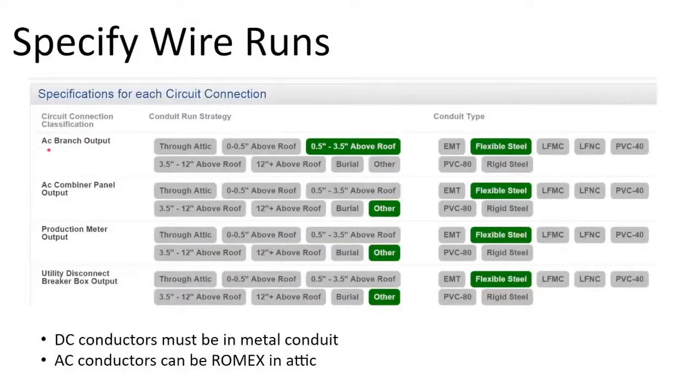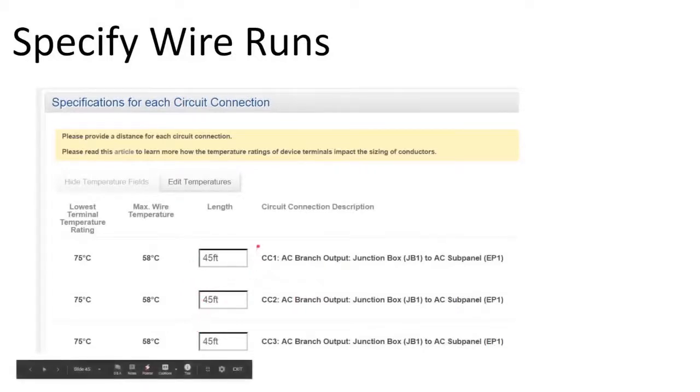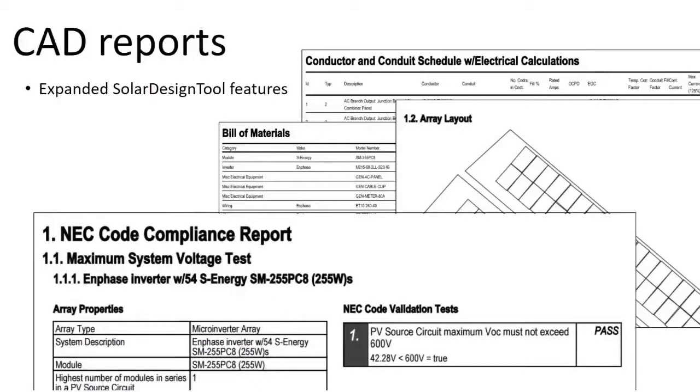We are noting, based on earlier where we specified the location of the meter and the location of the sub panel, where we're specifying circuit detail, what the conduit run is going to be in, how long those runs are, what the voltage drops of the runs are. So these runs are all of equal length. You can go back and adjust that to be more accurate. At the end of the day,